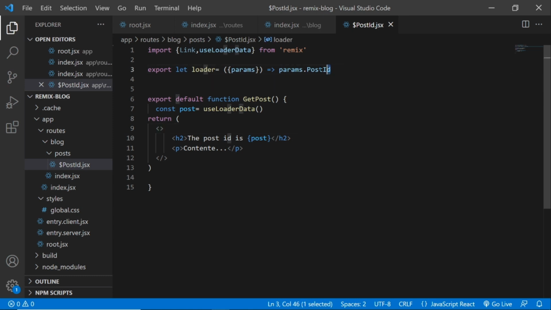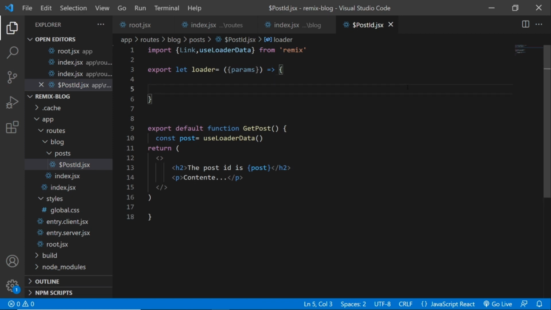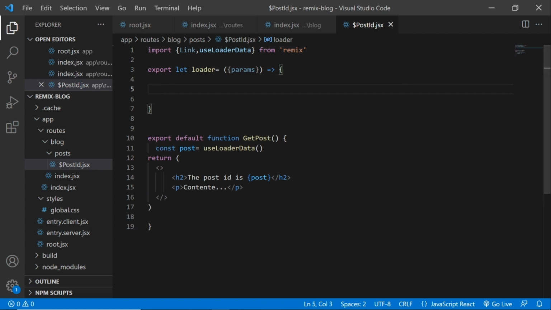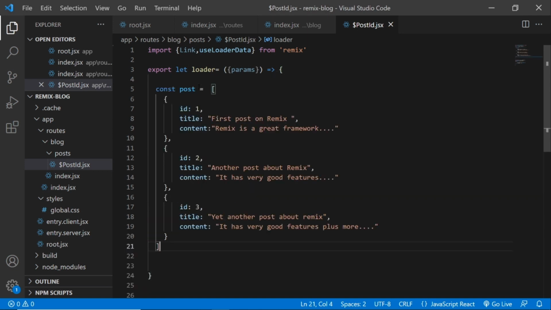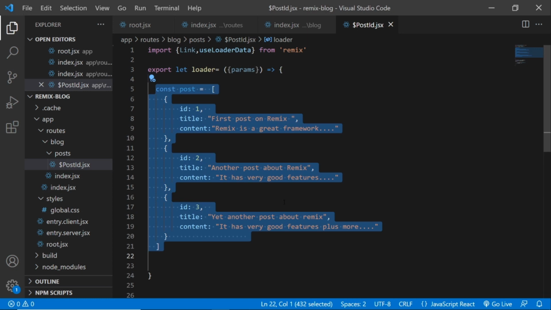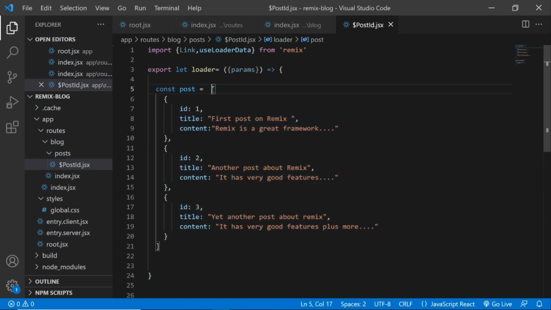Okay, now we got access to that parent's ID. Now I'm gonna expand this callback function. Okay, so I'm gonna put in curly brackets, and I'm gonna hard code the data in there, and I'm just gonna repeat what I've done in the other scripts. Okay, so I'm gonna say constant post equals